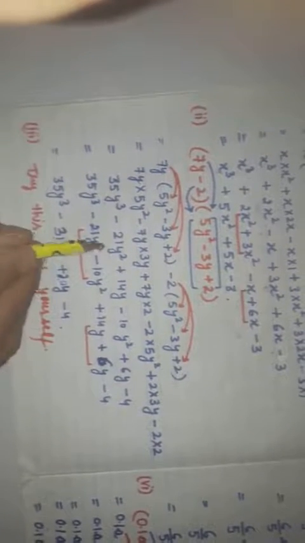Now again we will separate the like terms. The terms which contain y square, there are 2, minus 21y square, minus 10y square. So minus minus plus, so it becomes minus 31y square. Now the terms containing y as variable, 14y and 6y. 14y and 6y, these are again like terms.